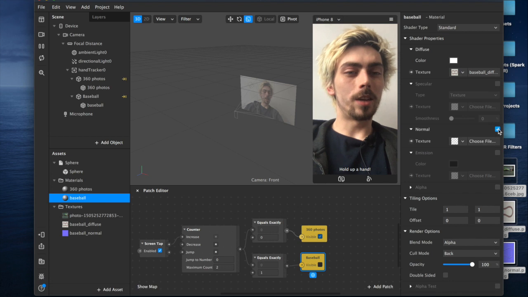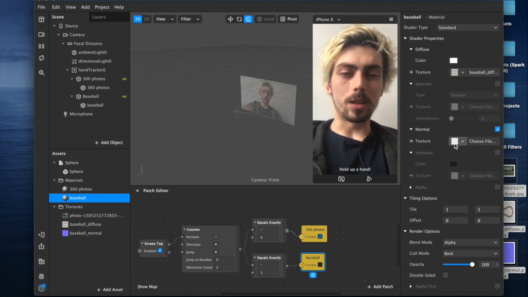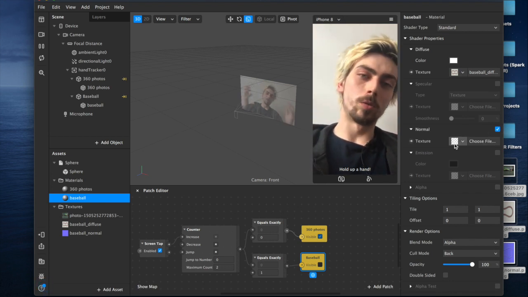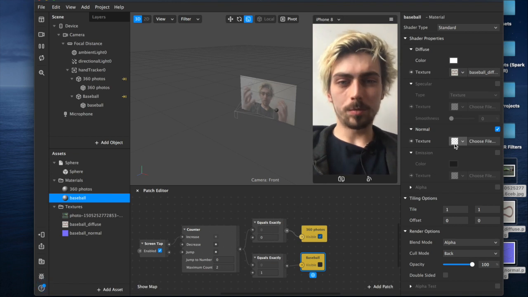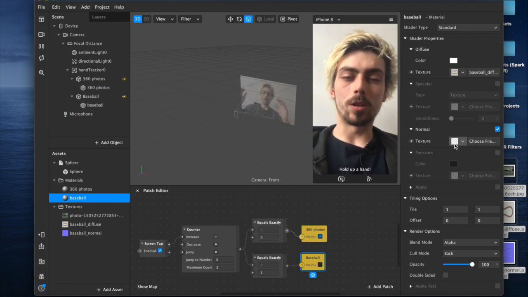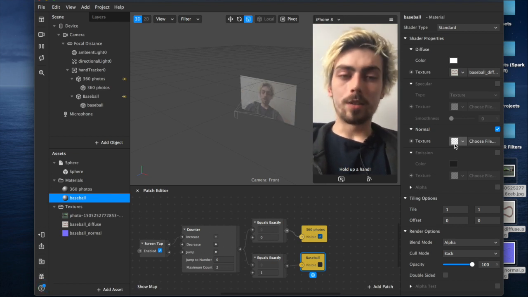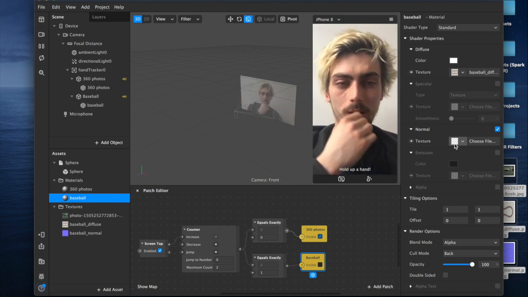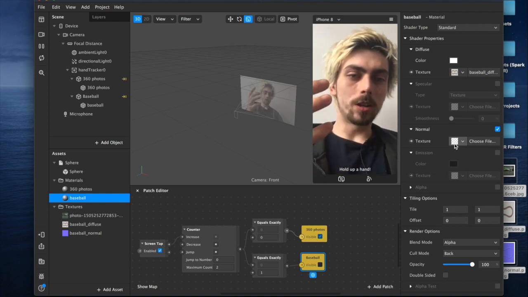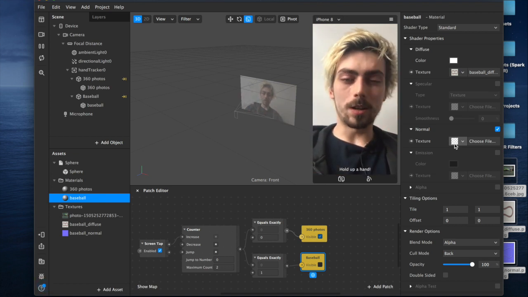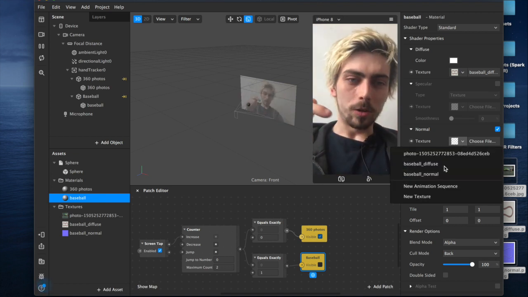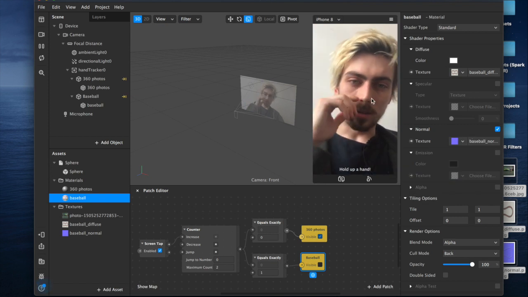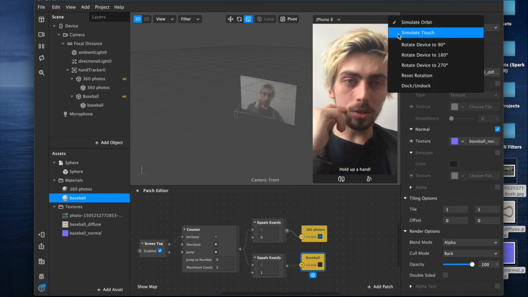And then if you want to look it up and figure out how to make a normal texture, which you could probably do with Blender or something else, because it's typically for bump maps and things, for making terrain and video games and modeling and 3D stuff like that, especially for shaders. But yeah, if you want to look those up, that's probably something that you could get into. I'm hoping to get into that myself a little bit. But yeah, you can add your normal texture here, and if we click to tap to change now, we simulate touch,